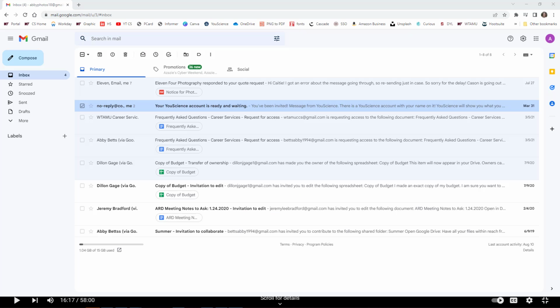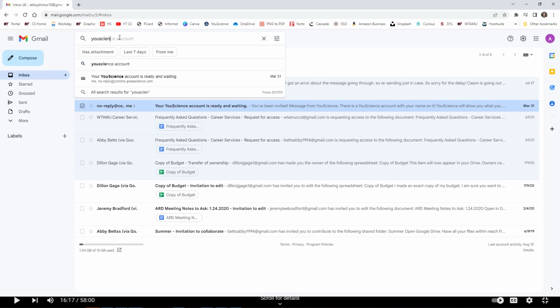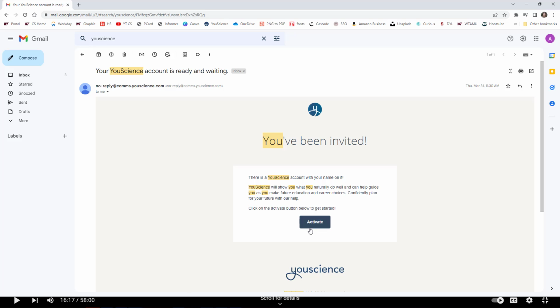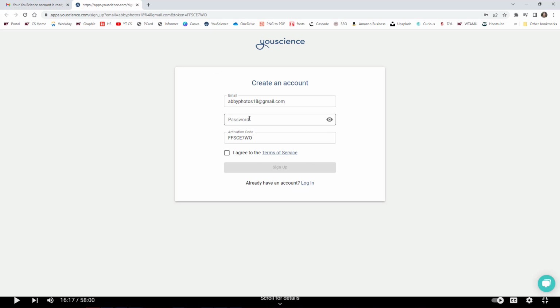So you should have received an email with your access code to your Buff email. If you can't find it for some reason, if you go to your email and you search YouScience, this email will pop up. And this is a Gmail, but in yours it will be in your Buff email. So once here, you'll select this Activate, and from here, you'll need to create a password, terms of service, and